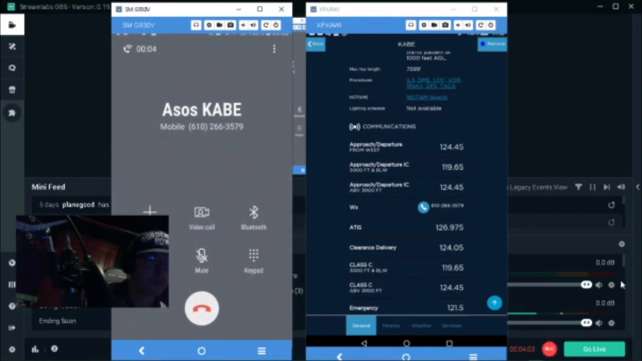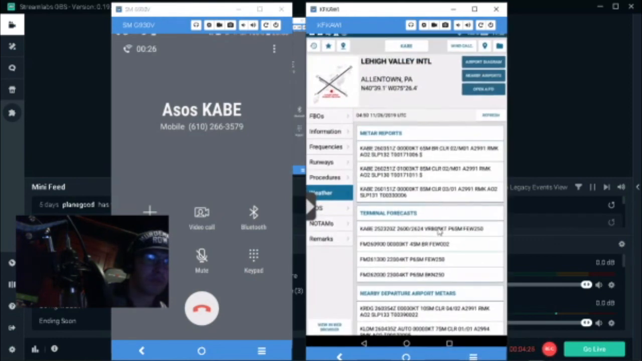Automated weather observation 0452 Zulu. Wind calm. Visibility 7. Sky condition clear. Temperature 02 Celsius. Dew point minus 01 Celsius. Altimeter 29.92. Remarks. Density altitude minus 1000. Lehigh Valley International Airport. Automated weather observation 0453 Zulu. Wind calm. Visibility 7. Sky